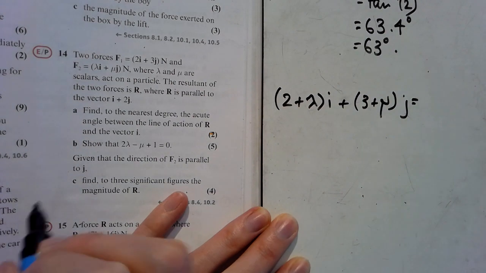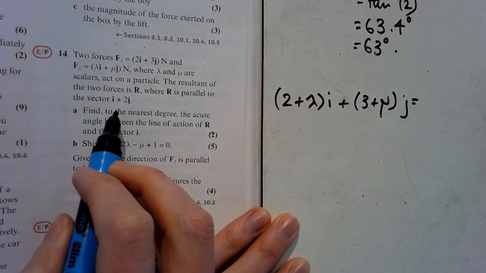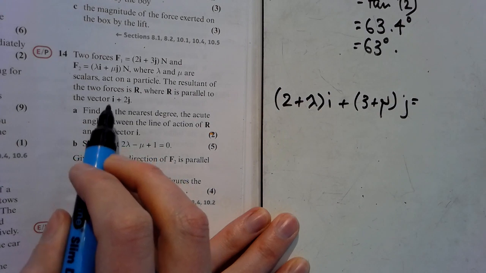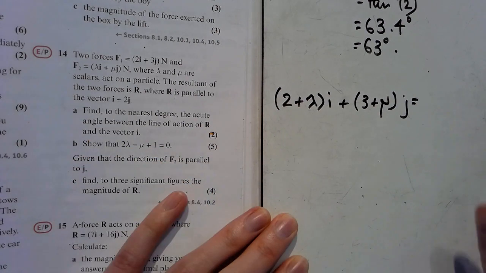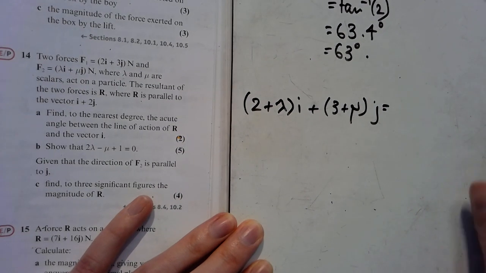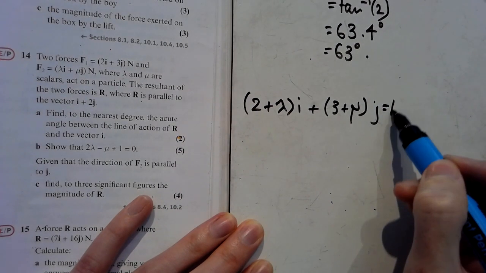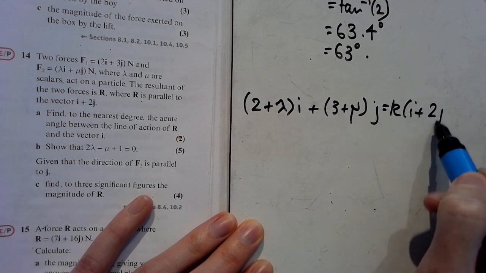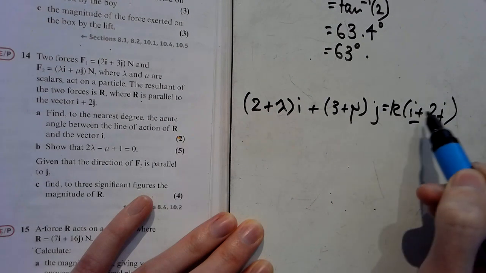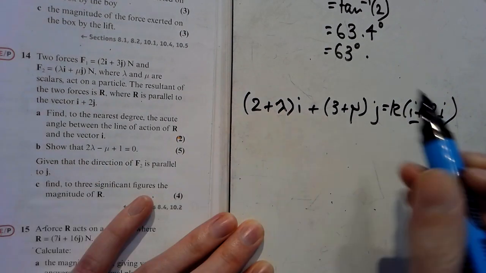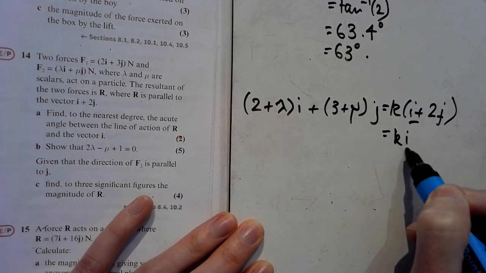Now, because it's parallel to i + 2j, it's not the same as i + 2j. It's some multiple of that. So I'm going to say it's k lots of that. So it's in the same ratio, but it could be bigger or it could be smaller than that. And if I multiply that out,